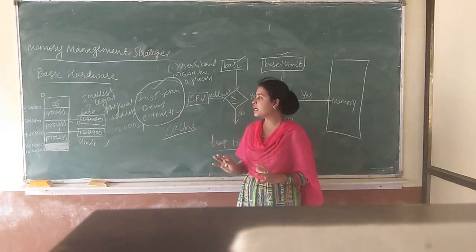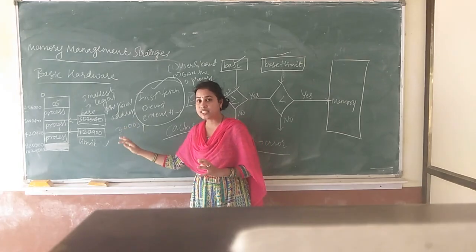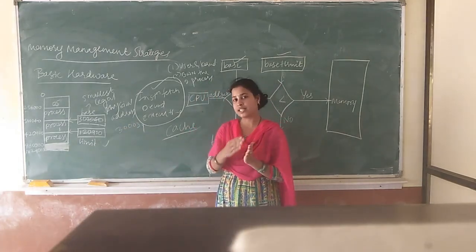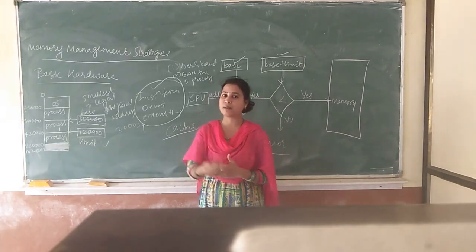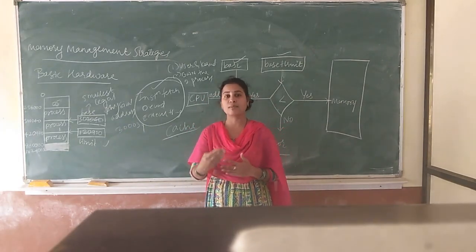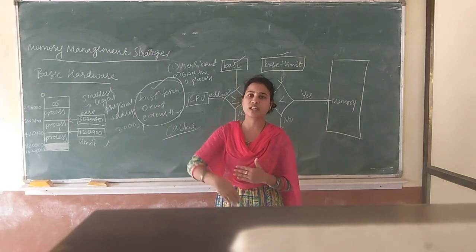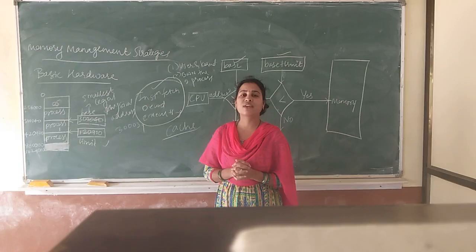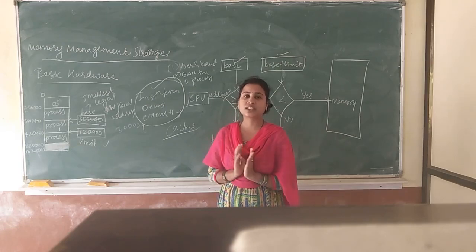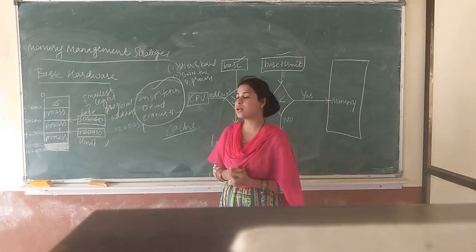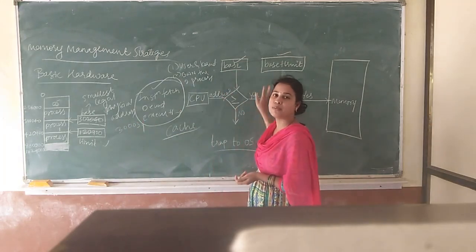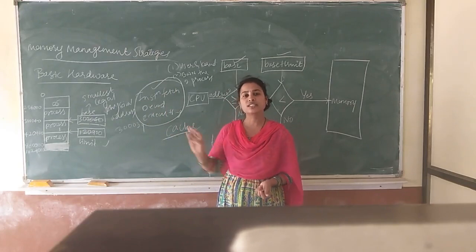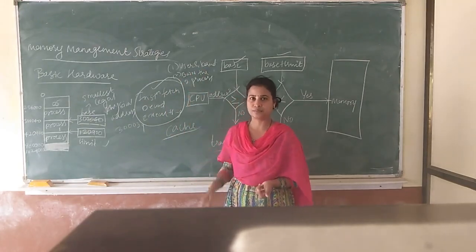So now we have studied the background of memory strategies and how the levels of access are done. First we have processors and registers, then cache memory, then main memory. If the data is not present in the main memory, then we go to the disk to bring the data. By doing this, there should be no interference of the different processes with each other and also with the operating system. That is why we have used this basic hardware for implementing security for these two criteria.